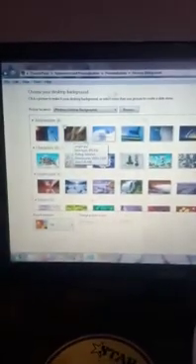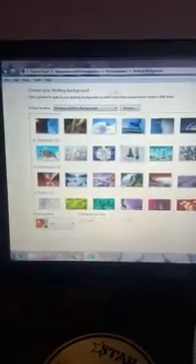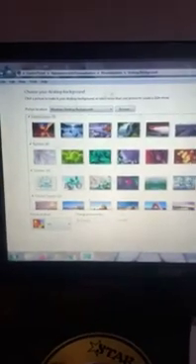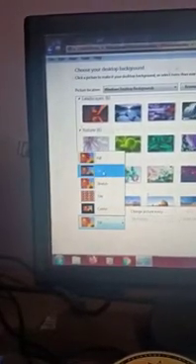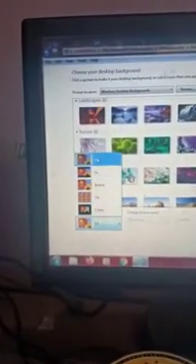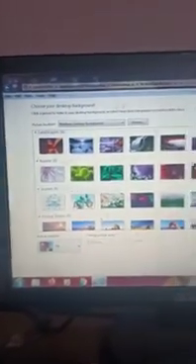Okay, now that came, and from here, whichever picture you want as a desktop background, you have to select that picture. If you want this picture, then you have to click. Okay, and this is the position, where the positions are tile, stretch, fit, fill, center. So I have to click on fill. The whole screen picture came. Okay, and then click on save changes.